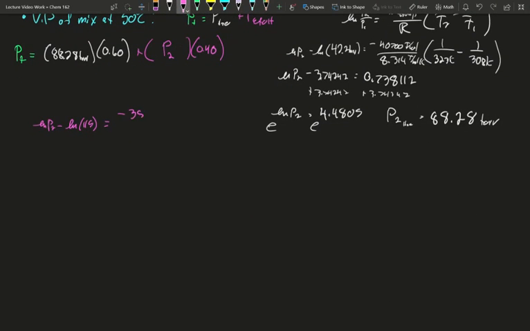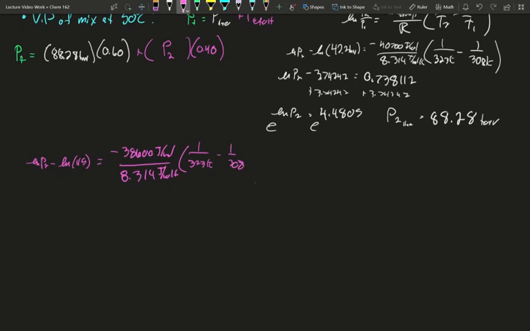So negative 38,600 joules per mole over R, 8.314 joules per mole Kelvin, and the distribution in temperatures. It's the same temps, we're bringing it up to 50, we started at 35, so 1 over 323 Kelvin minus 1 over 308 Kelvin. Natural log of pressure 2 for the ethanol minus 4.74493 must equal